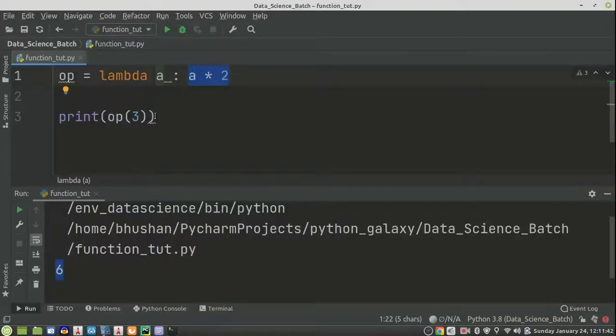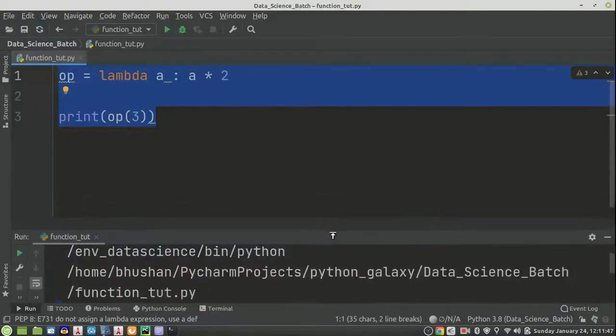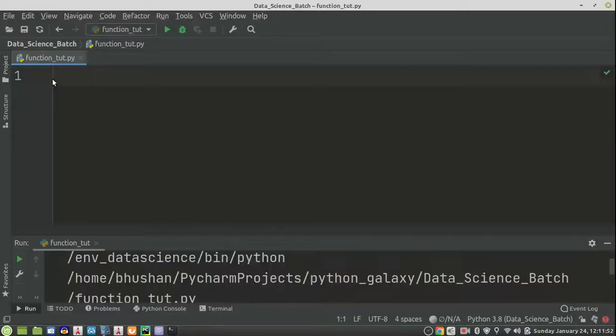But before going with the example, I will tell you what this anonymous function is. This function can take any number of arguments, and it returns only one value in the form of an expression. This function cannot be directly called by print because it requires an expression. So many times the question arises, then why lambda? We already have a good function, the function with the traditional definition, that is the def keyword. Then why do we need to go for the lambda function?